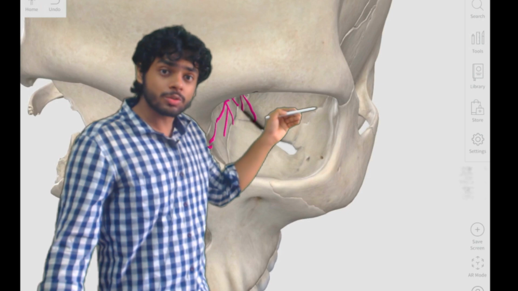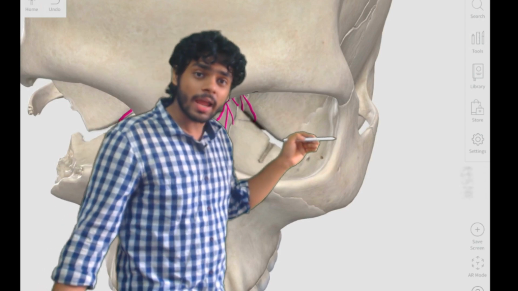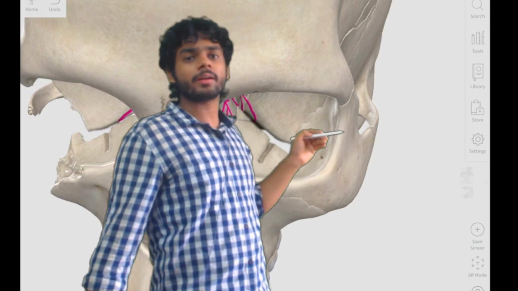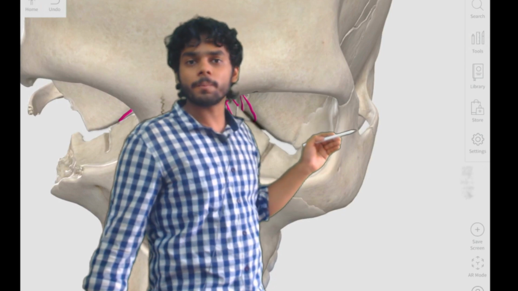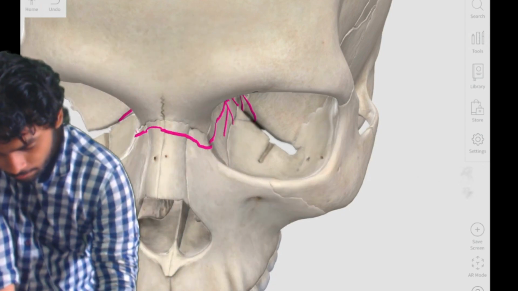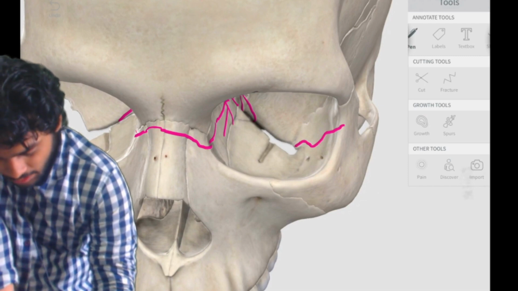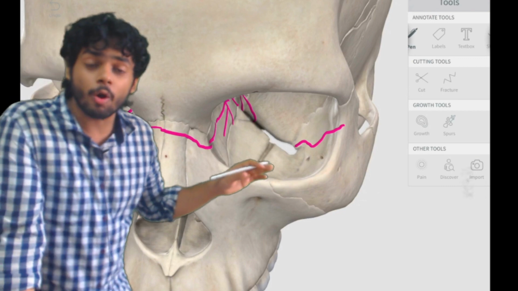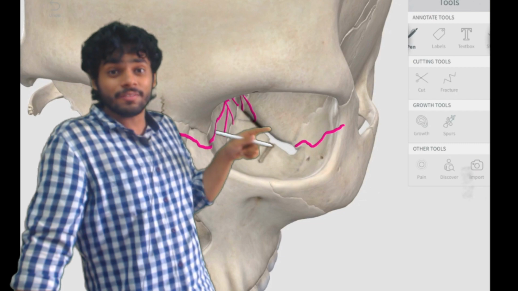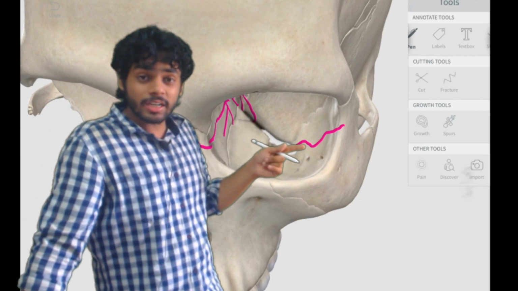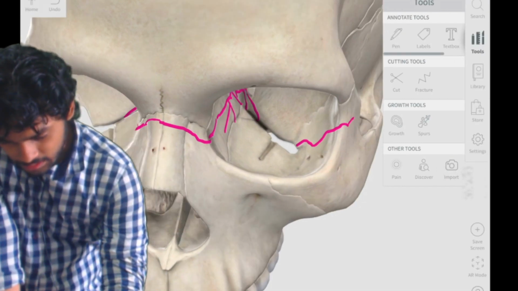Here we have the suture, and the line of fracture will pass adjacent to this suture and will break this part which is adjacent to the frontozygomatic suture. Please see here how the fracture line passes. Okay, can you see the fracture line is passing from the lateral aspect of the anterior part of the inferior orbital fissure, and it is breaking the zygomatic bone like this,